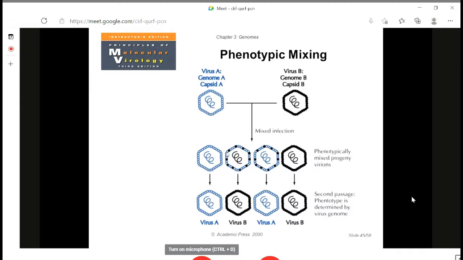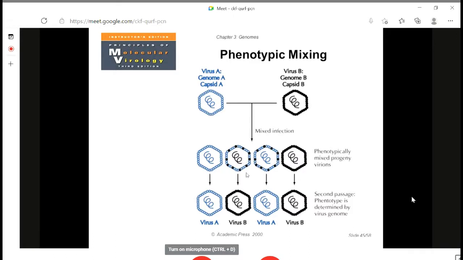capsids where the nucleic acid is of B, but the capsid is a mixture of A and B. This is the method what we call phenotypic mixing, usually seen among the viruses. The other one is where the genome is of A, but the capsid is a mixture of A and B. Likewise, when this virus further replicates, this property gets lost. Whatever the genome is there, that genome's capsid will be produced in the next generation. So here also, at this stage when they infect the same host cell, this kind of phenotypic mixing may